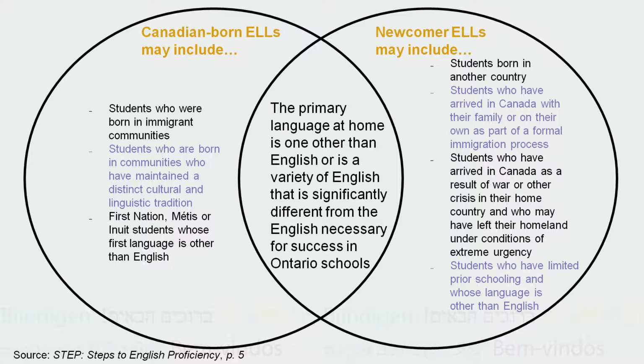English language learners are very diverse and can either be Canadian-born or newcomers to Canada. The following Venn diagram illustrates some of the different backgrounds of students, and while we can see that they all share the unique distinction of having a first language other than English, we can also see how diverse and rich their backgrounds are. There is great diversity within the student population, which will have a significant impact on learning needs.